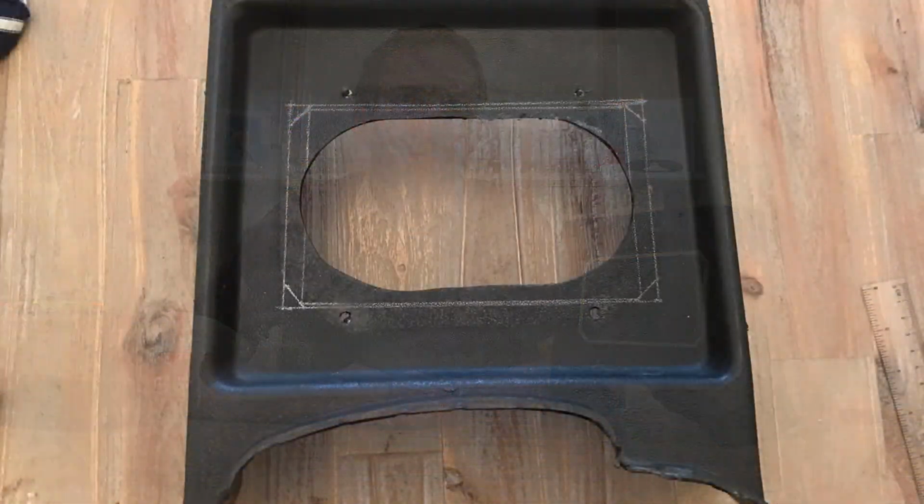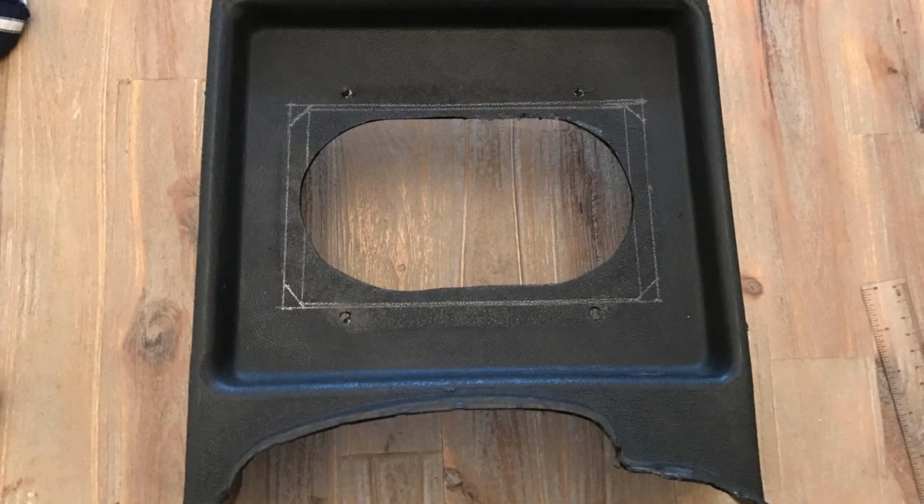or anything. So once you have your device, you can then start marking out where you might like to cut the hole or enlarge the hole that's there already on the centre console itself. I did offer up the tablet several times just to make sure I was doing the right thing. There's that old saying: measure twice, cut once. And I used a Dremel type tool once I had marked out the outline of where I thought the screen